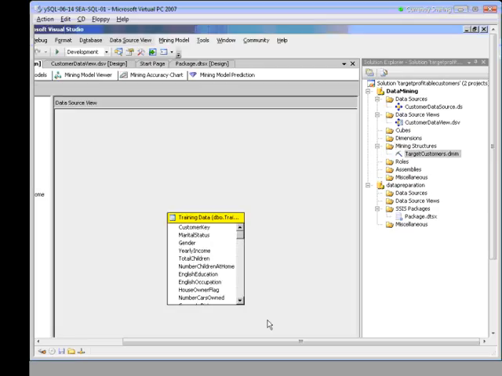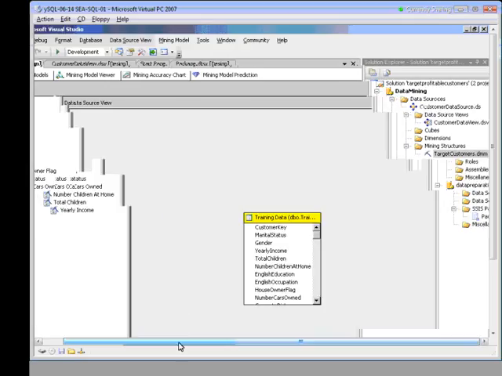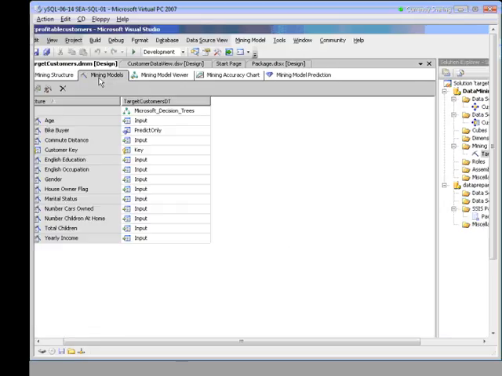There we go. The wizard has taken us back to the mining structures editor. All the columns created with the mining structure are there, as well as the portions of the data source view that we used. We can now add additional columns to the mining structure if we want to. If we click on the Mining Models tab, okay, notice the different tabs that I've got here. So I've got Mining Models tab, and so there's the target customer's decision tree model that we just created.